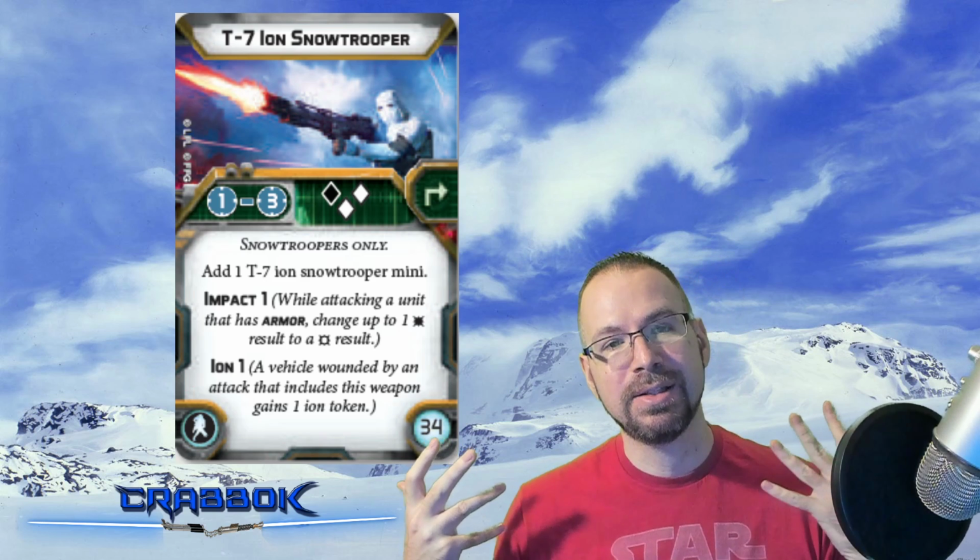to get close enough. And this works a lot better in a world where everybody's shooting at range 3, but lately now so many weapons are range 4. That's one of the things that's really hurt the Snowtroopers, is trying to get to range 1 is pretty tricky. The other heavy weapon that comes with the Snowtroopers that is much less often taken is the T7 Ion Snowtrooper. This is just such a bad weapon currently, primarily due to the fact that it is only range 3, and